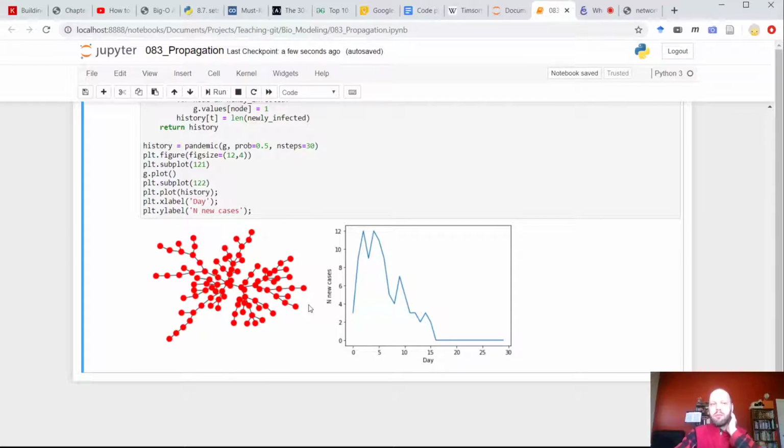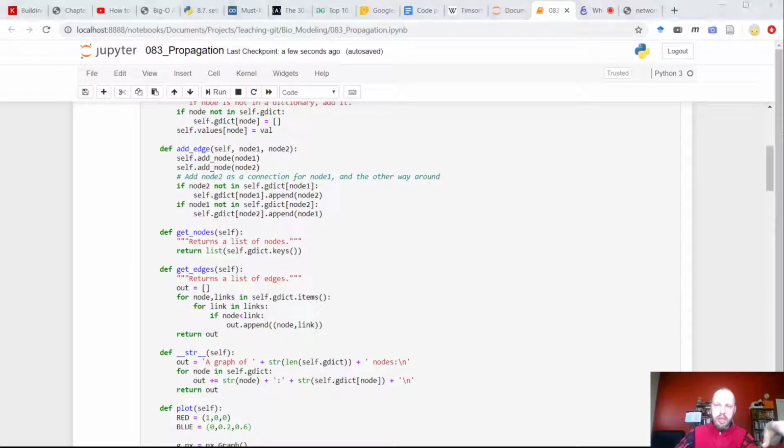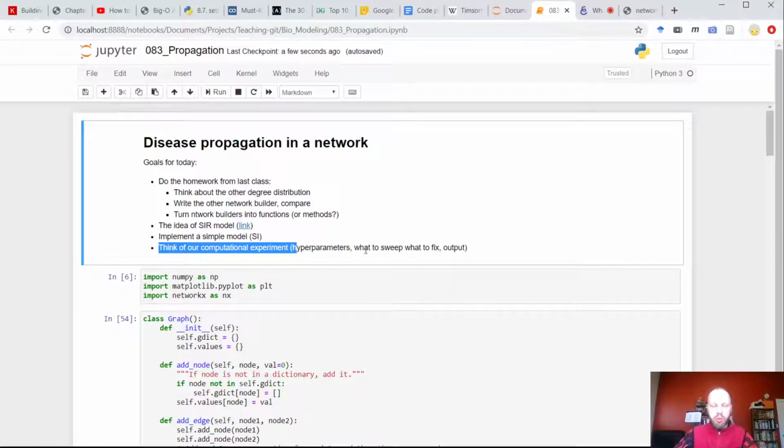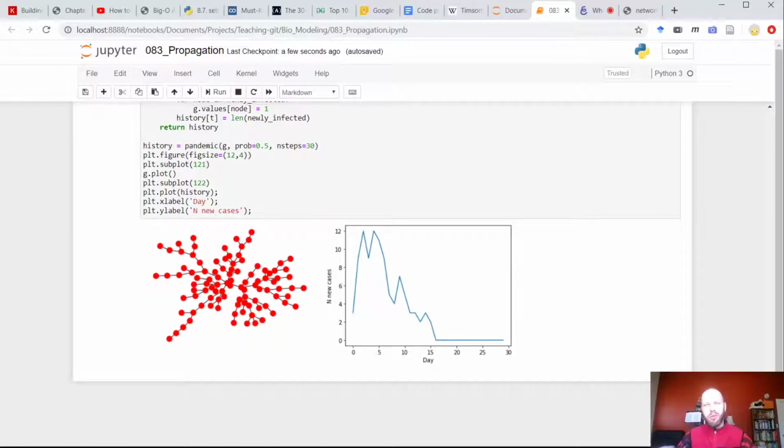Homework. In my original plan, I said for the day, think of computational experiments, how to run computational experiments, what hyperparameters to change. Okay, it looks like we'll have to wait a little bit with this one, but let's do the first step in this direction, and then we'll do a little bit more later. So homework is